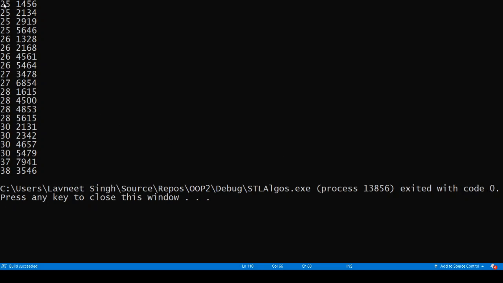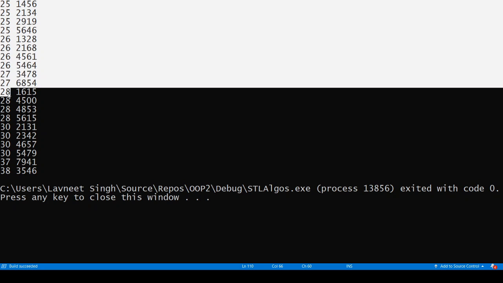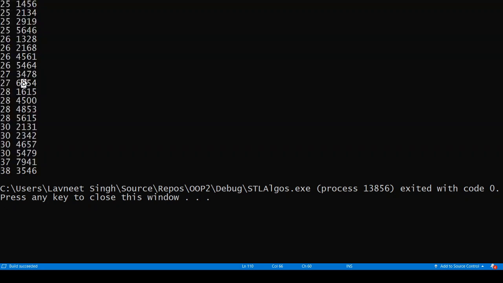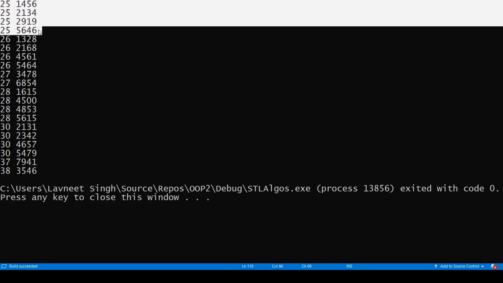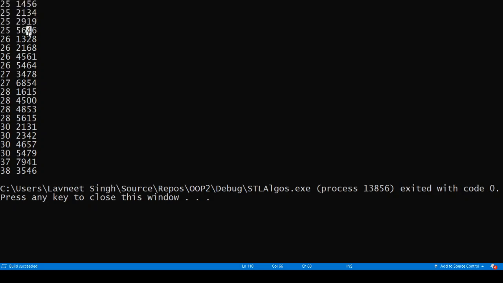So now if you see, our data is sorted by age, the first column if you observe, and within the 25 age group, the weekly spend data is also sorted. How did it happen?